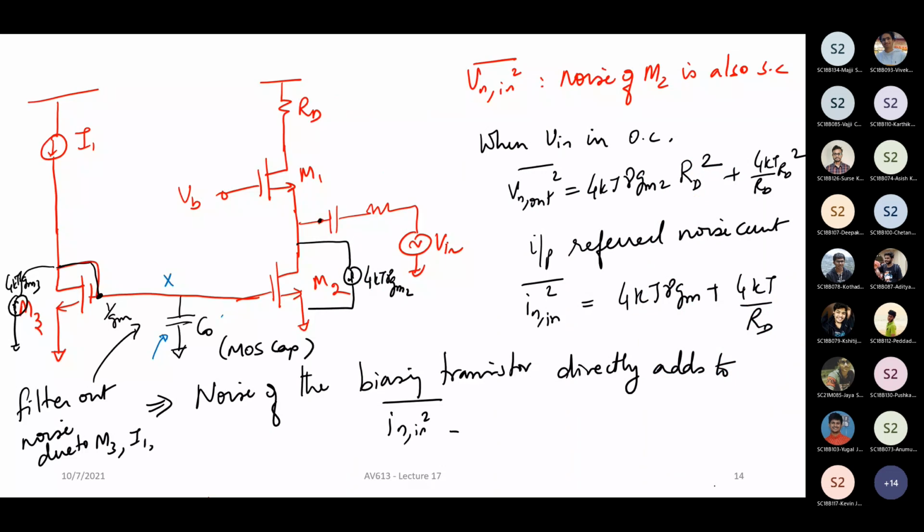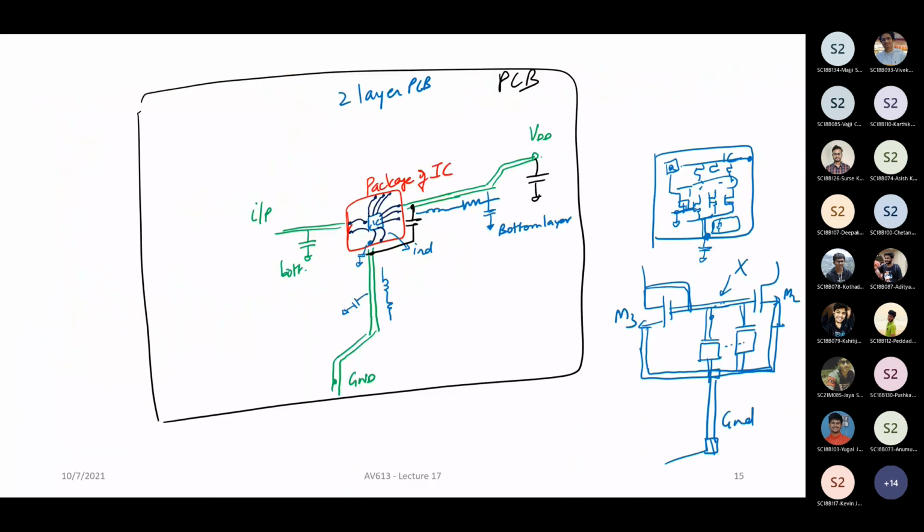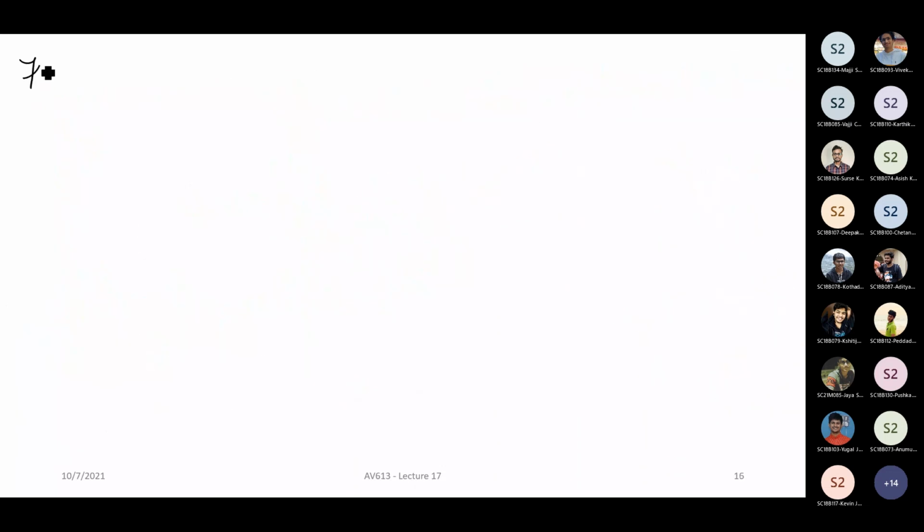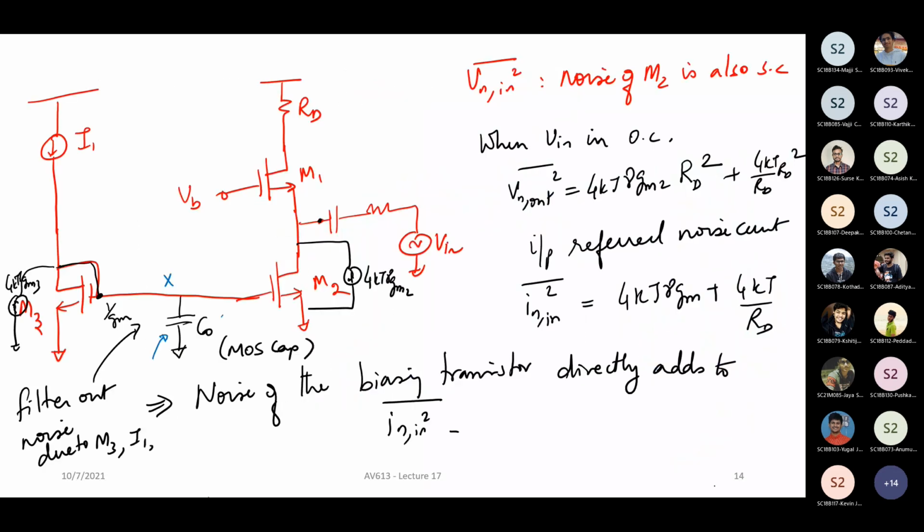So now we have looked at the noise of the biasing transistors. Let's also quickly look at the flicker noise. Now, what about the flicker noise? So now for this, what we can do is that, let's say, this RD can also be substituted as what? So we know that if you keep using RD, if you want to increase the output impedance, you have to increase RD, which means this is going to steal away a lot of the headroom, right? Because for a given bias current, it will take a certain DC voltage across RD.